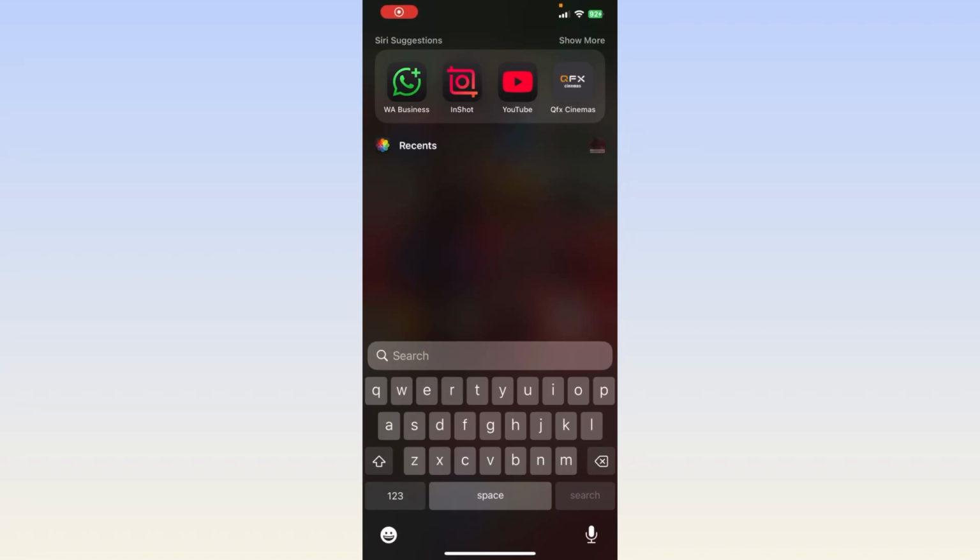How to add a video on video in InShot app. So first thing first, let's open the InShot app, and I assume that you have already downloaded the InShot app